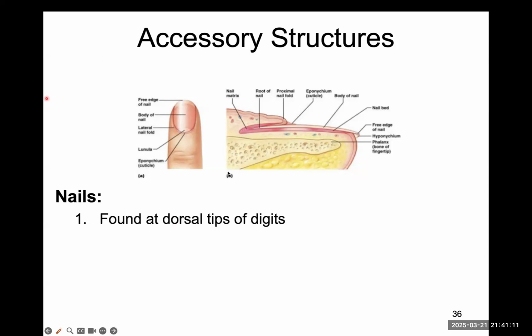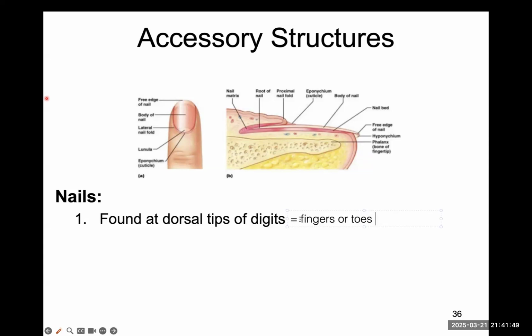And the word digits refers to your finger or fingers or toes. And singular digit would be finger. So just make sure you write that down, or you know what that means. I want to make sure everybody knows from the very beginning what digit means. These are some basic anatomical words that are going to be found in the textbook. So anyways, the nails are going to be found at the tip of your digits and toes,